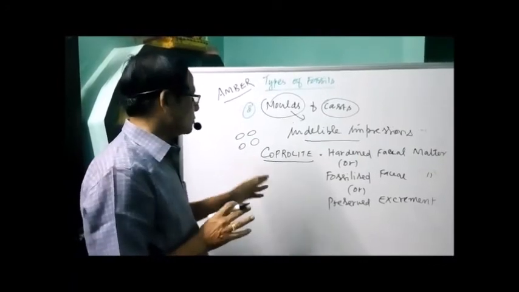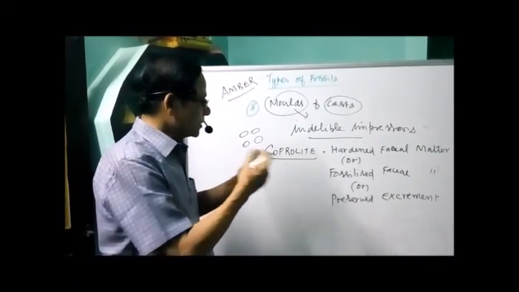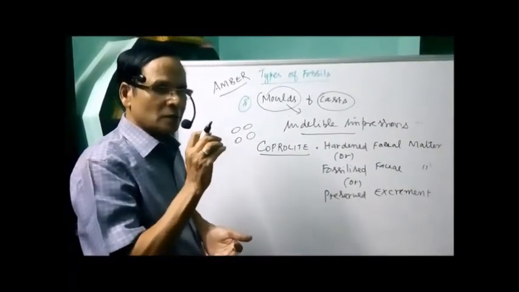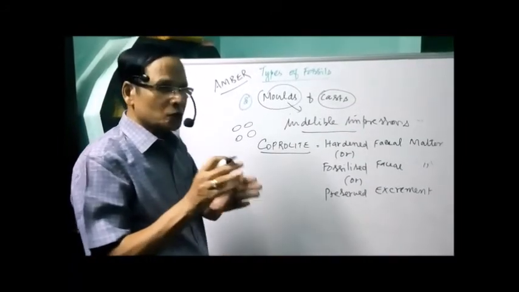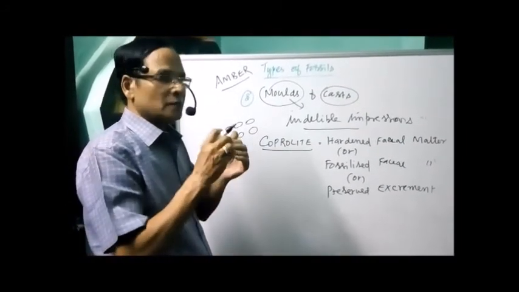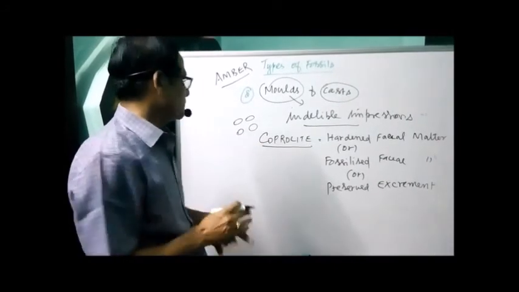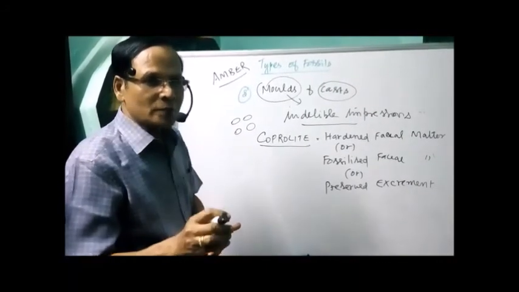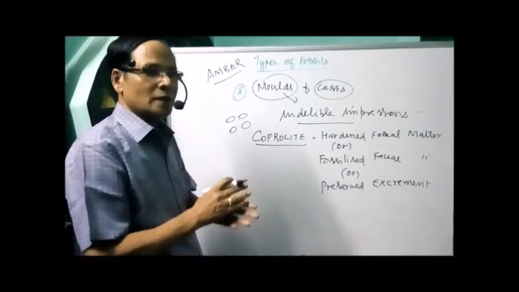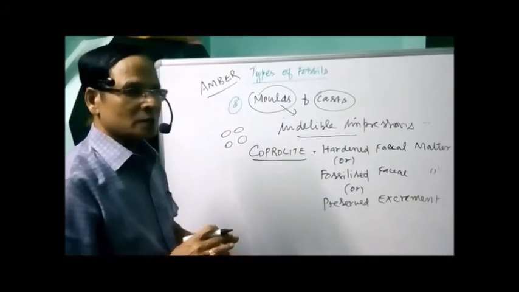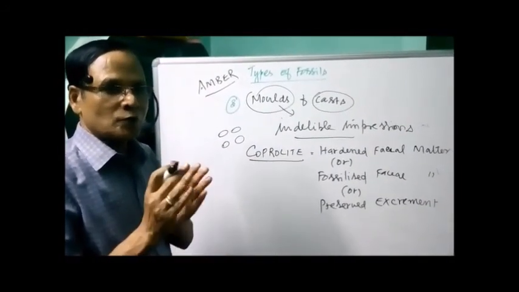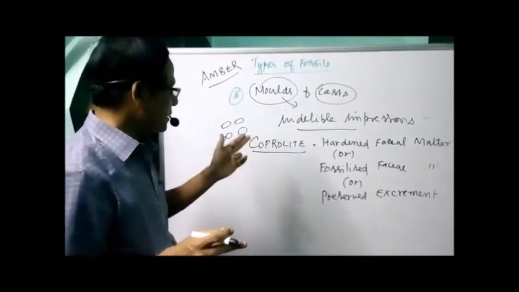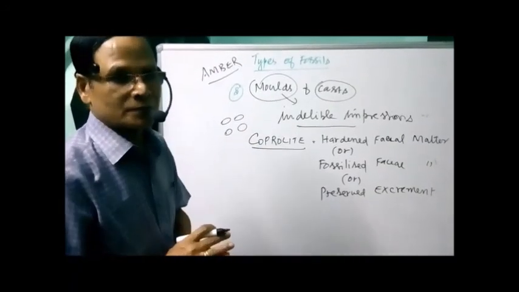So what is the importance of coprolite? It is fecal matter hardened into stone, forming a fossil. The entire fecal matter hardened into stone by replacing the original substance with mixed minerals. So if you analyze the coprolite, one can understand the nature of diet in prehistoric humans or animals, what type of food materials prehistoric animals took. So by analysis of this coprolite, one can understand the nature of the diet of the prehistoric animals.